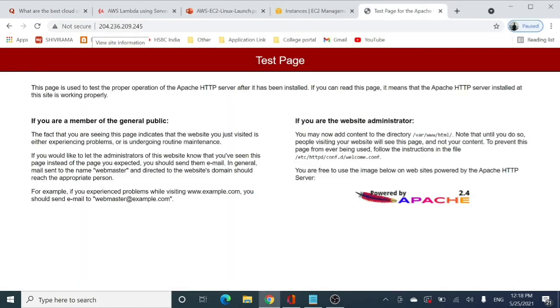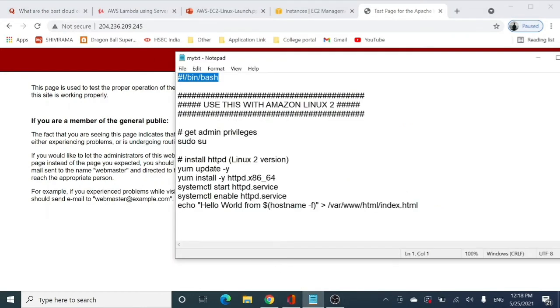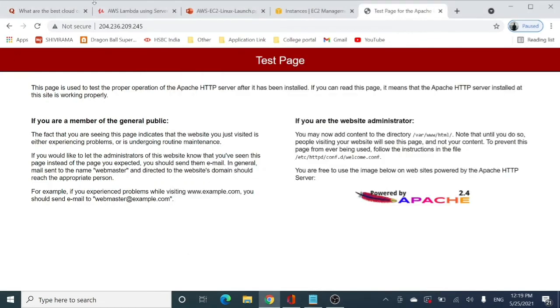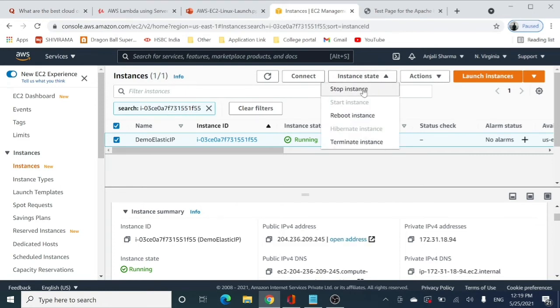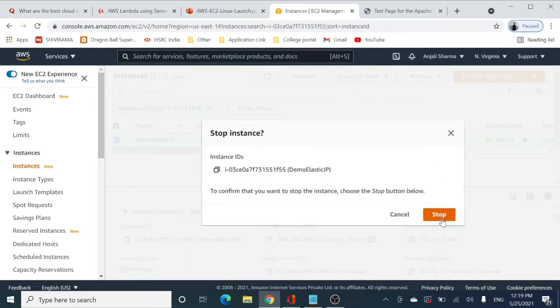So you can see that the test page is installed properly, and what I'm going to do is copy my IP address over here. This is my first public IP, which I got when my EC2 instance was created, right? So now I'm going to Instance state and stopping my EC2 instance.